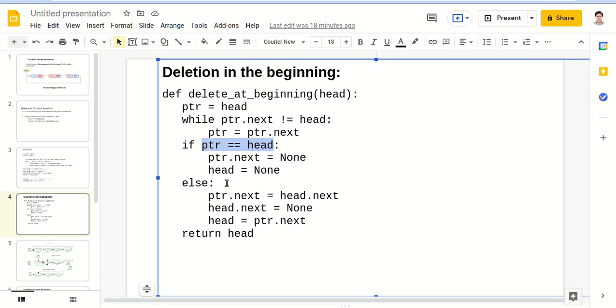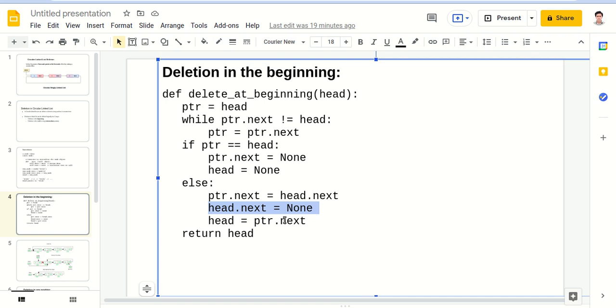if there is more than one node in the circular linked list, then ptr dot next is equal to head dot next, the node after head, and head dot next is equal to none. We make head's next point to none because we are deleting this node, and after garbage collection in Python it will be deleted.